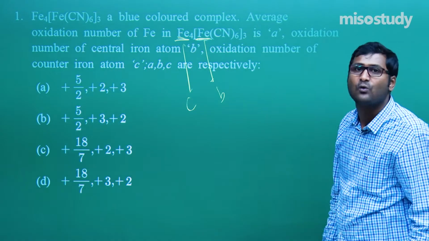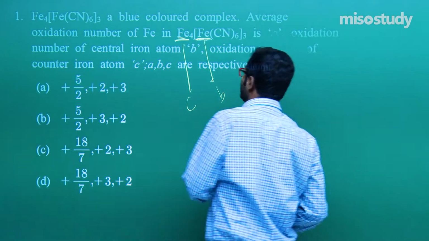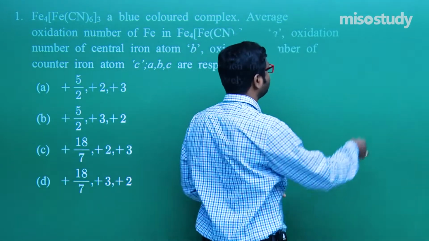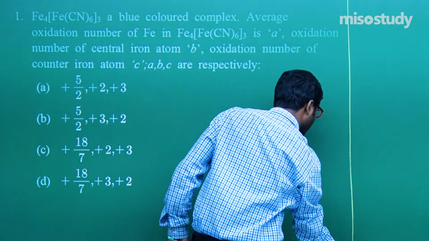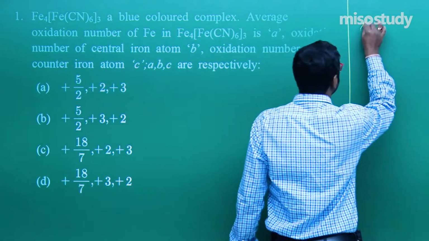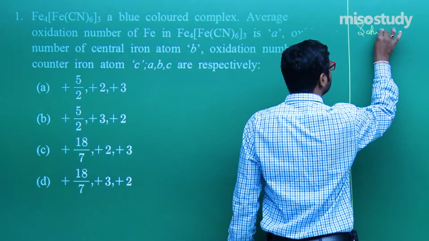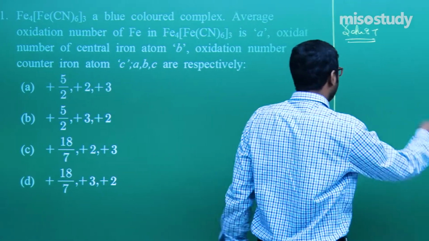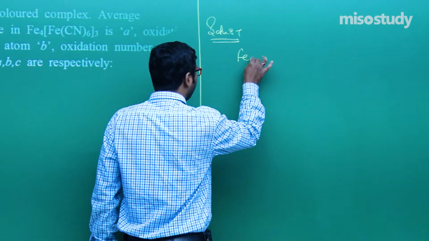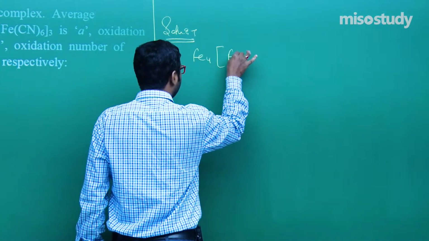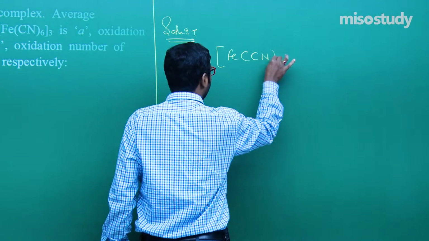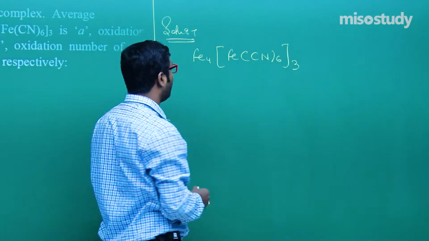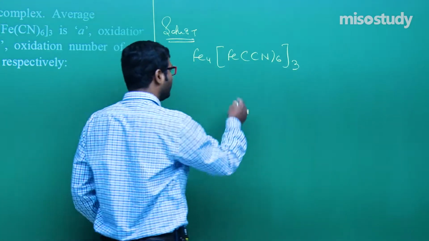So let's start how to solve the question. I'm giving you a detailed solution, then we'll discuss the answer. Now let's move here. Solution of this question. Look at what I'm telling, listen carefully. The compound here is Fe4[Fe(CN)6]3. This is the compound. Now it will dissociate like this: